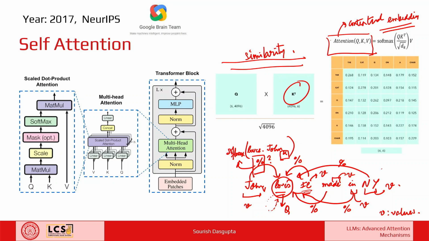I cannot simply forget John. It cannot be like, oh, I'm only dealing with Love. No, I have to look back at John. But John's influence, I can do something because I know the K of John. I don't have to recompute the K of John. So I can just cache it and get that K of John from here,